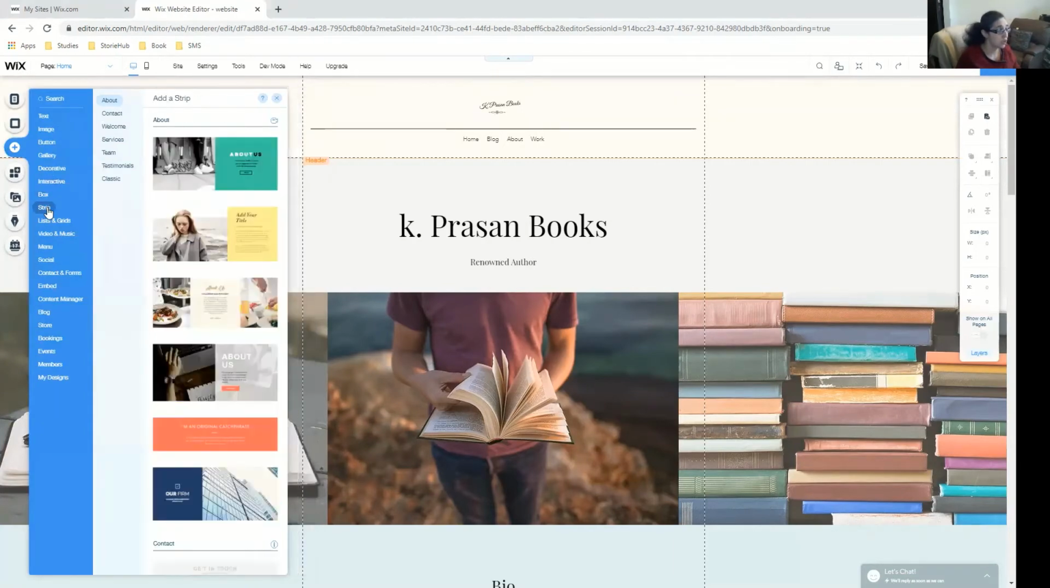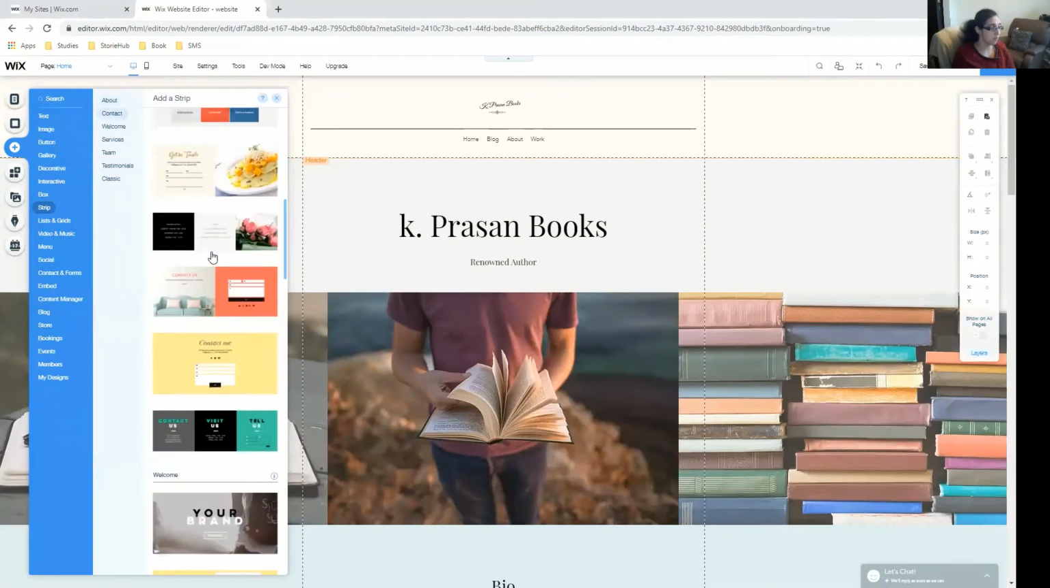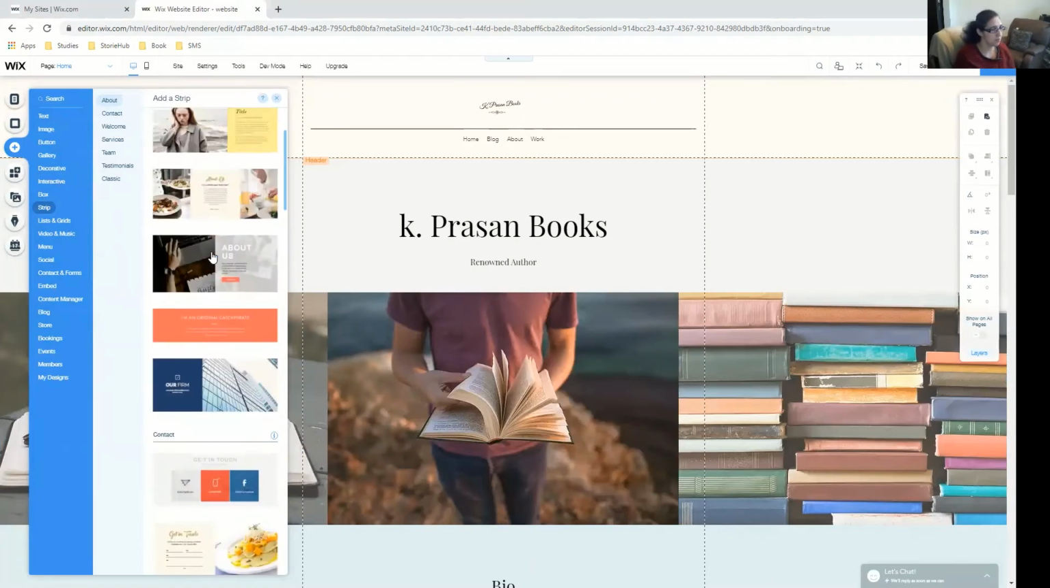You can add box, you can add strips. This is the strip that I have added to my work. If you go to my work, you will see that the cover page is on one side, and then there is a write-up on the other side, which has the summary of my work. So this is the strip that I have used for that. There are different styles, and so you can choose from any of them. Depends again on